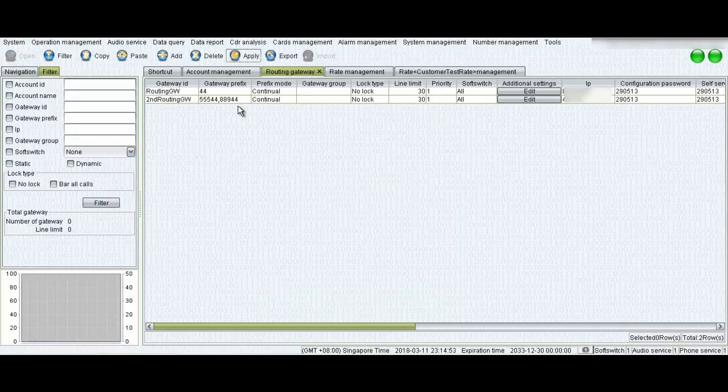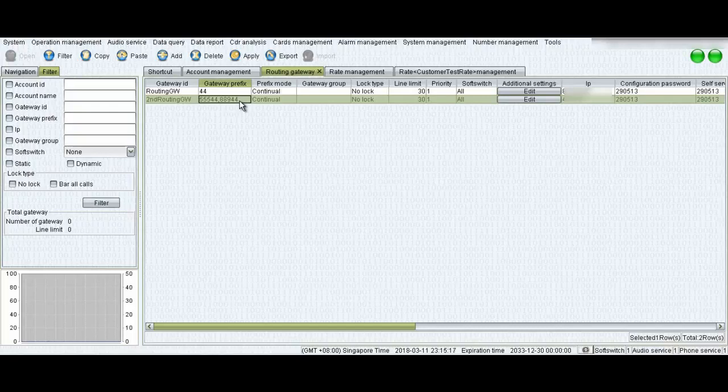Again, let me explain. The gateway prefix is something that routing gateway needs to match the initial prefix to send the call to the right vendor. For best practice, you must enter the complete prefix on the routing gateway on this section.